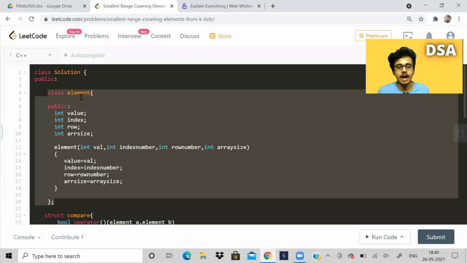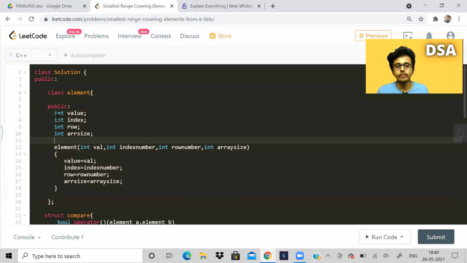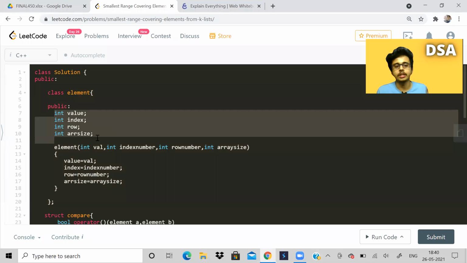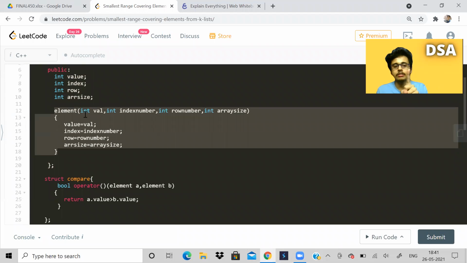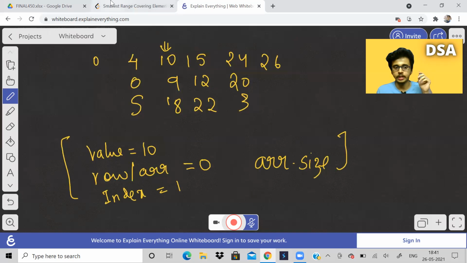So I have made a class called element and there are 4 values. Everything is public only. So 4 attributes are there: value, index, row, array size. And this is a constructor function. It is taking int val, int index number, int row number, int array size, as I explained over here.